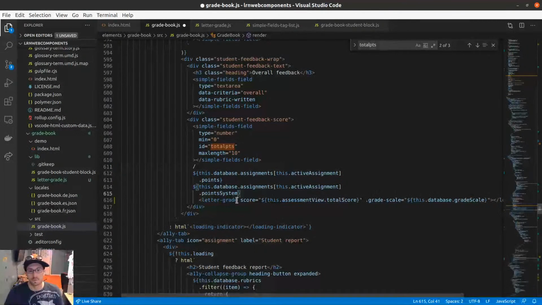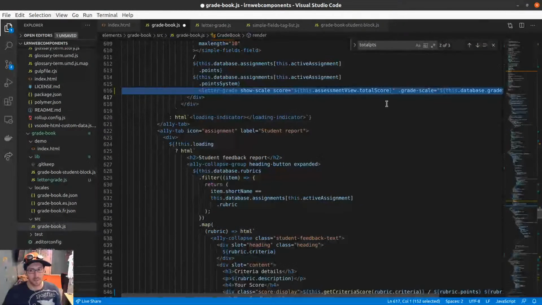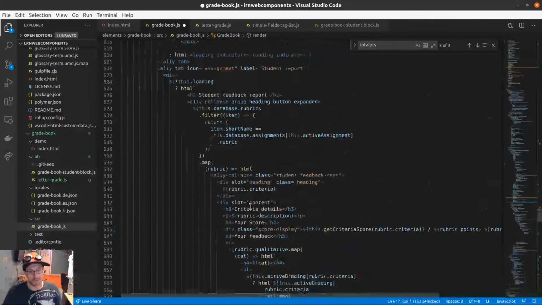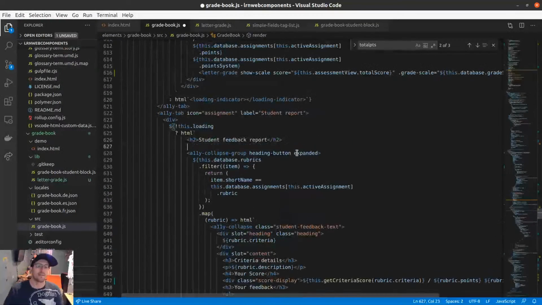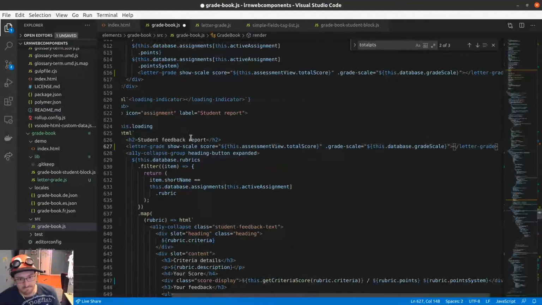So I'm trying to avoid it doing that. Let's also pass in show scale, right? Now, let's assume that the data wiring is correct for a moment. I know, I don't like to assume things, but now I'm going to take this and we'll replicate this in the student report view. This is theoretically what they would see, and they're going to care about this letter grade